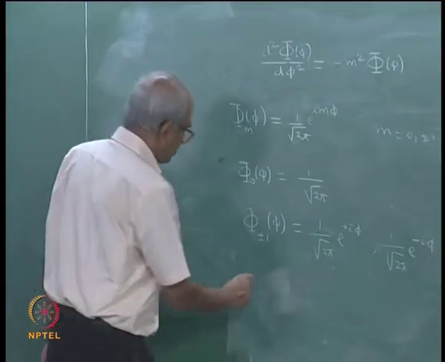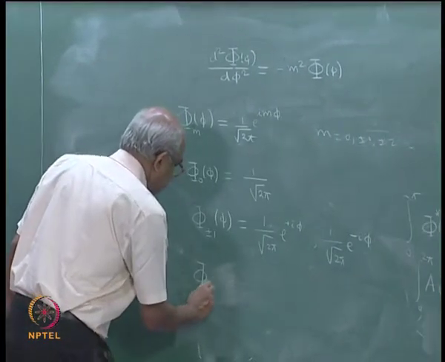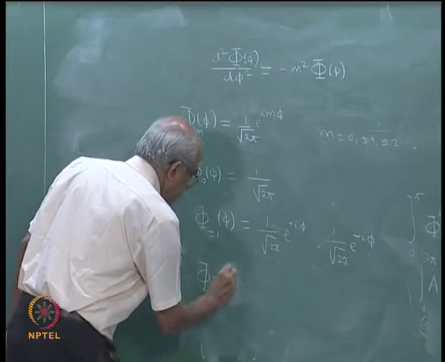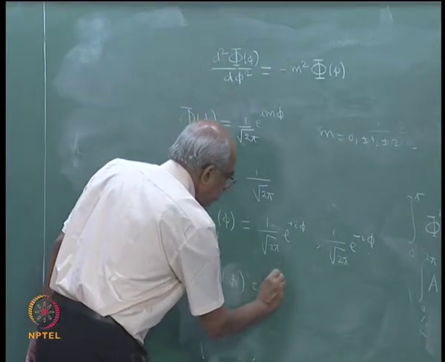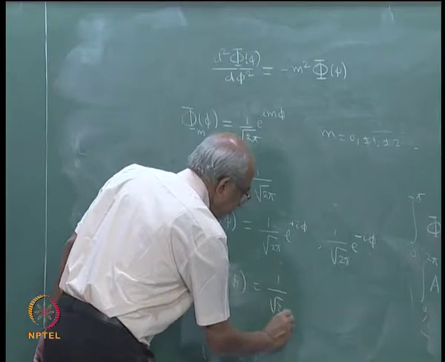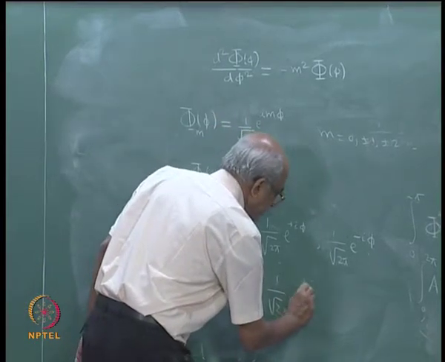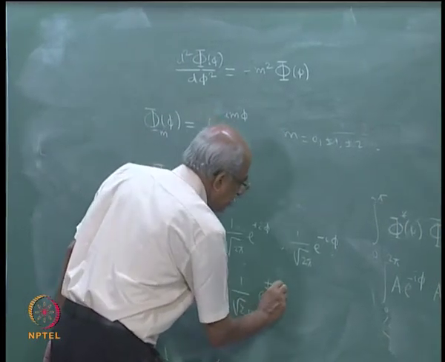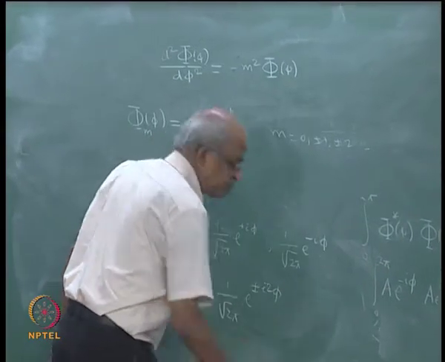And similarly, you can go ahead, you can say that okay, m is equal to plus or minus 2, phi 2 of phi is 1 by square root of 2 pi e to the power of maybe plus or minus, I will write both together, I 2 phi, and so on,